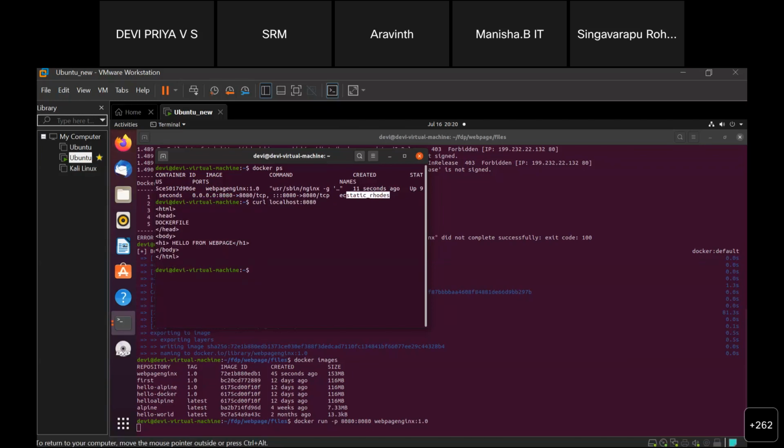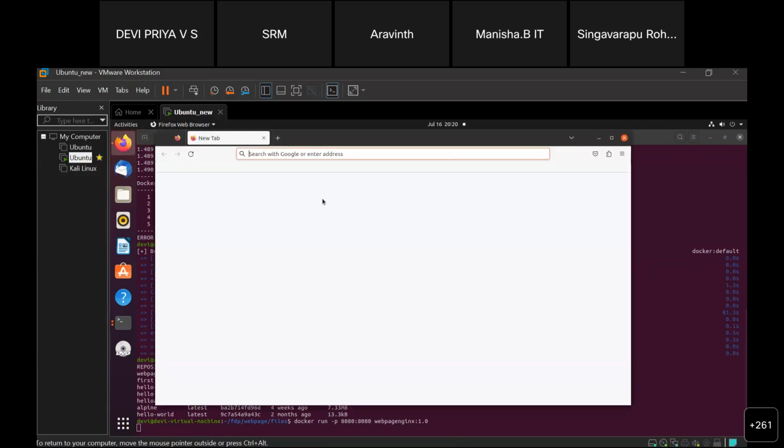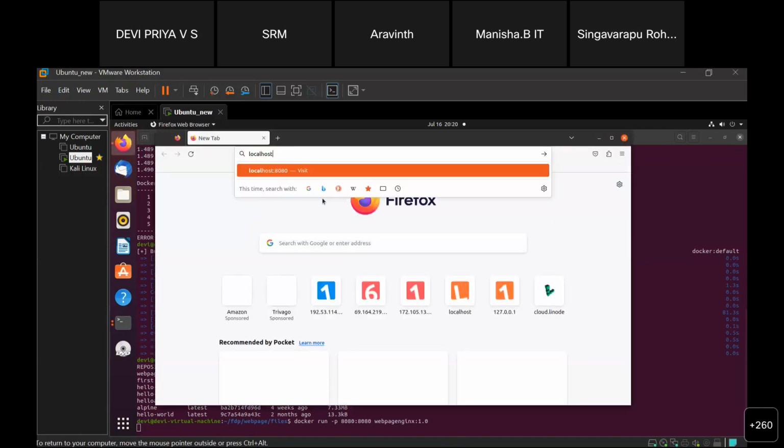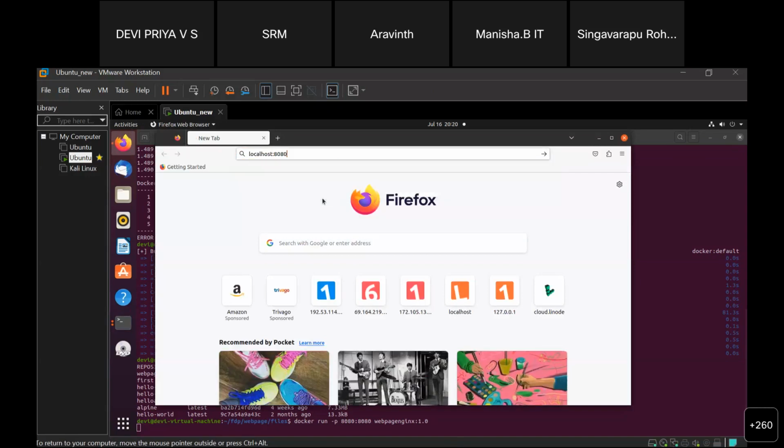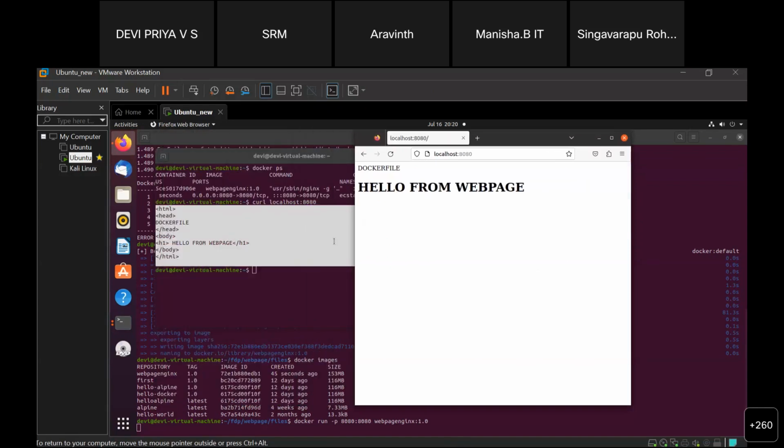This is the Dockerfile that has been created. This is how you create it. If I go to the web browser to see the web page, you can see that hello from the web page. So both sides we have.